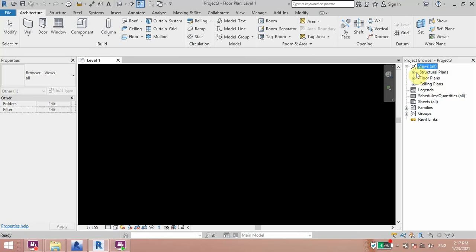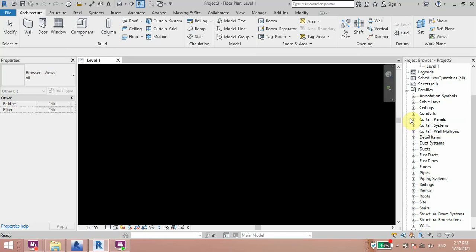When I click Structural Plan, it shows Level 1 in Floor Plan, Level 1 in Ceiling Plan, Level 1, and also Legend, Schedule, Sheet and Families.